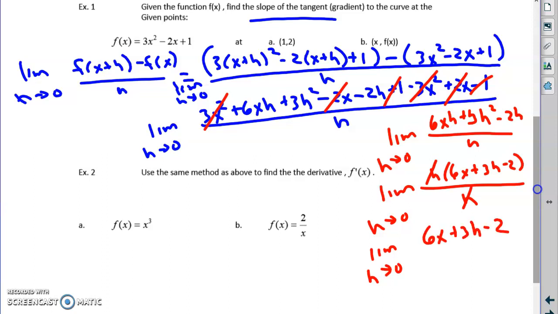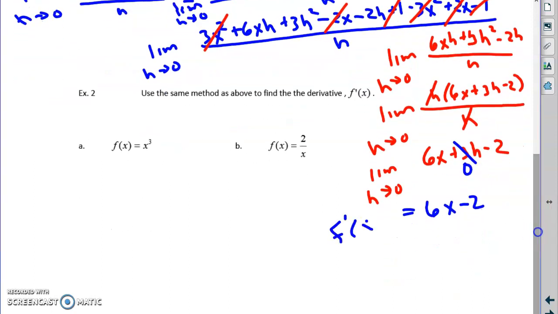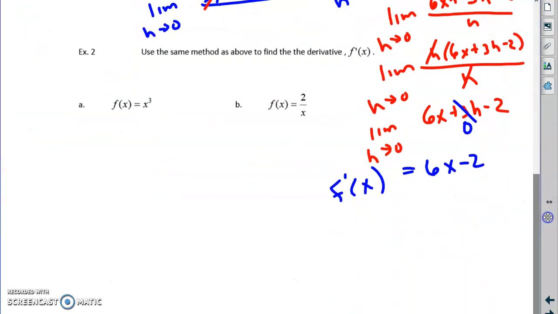There is no 0 on the bottom, so now I can plug in a 0 for h, and I'm left with 6x minus 2. That is f prime. That is the slope rule, the derivative of this one function only. And if I want to find it at 1, I just say f prime of 1